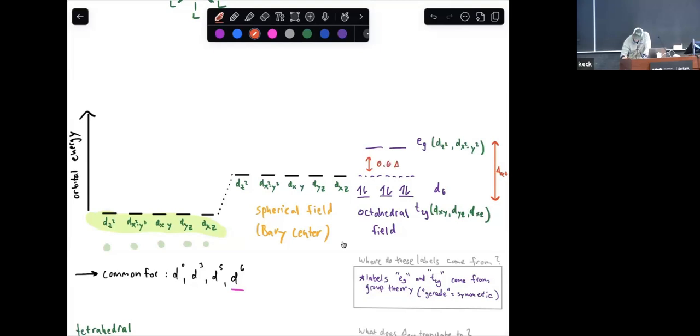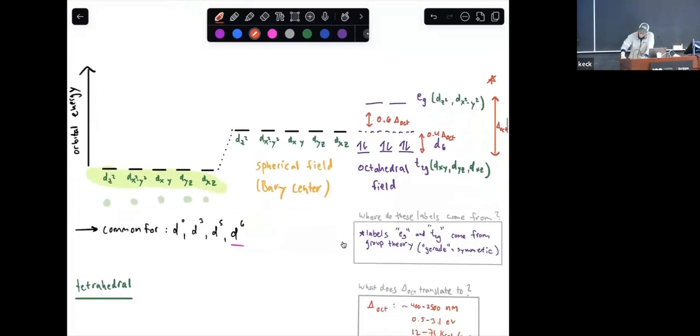And then we said the overall splitting energy here, we're going to use the Greek letter delta and refer to it as the octahedral ligand field, so delta oct. And then we can break this up into the two constituent components. And you see that the top two are, again, higher in energy, and they account for 6/10 of the overall splitting energy, whereas the bottom three account for 4/10 of the overall